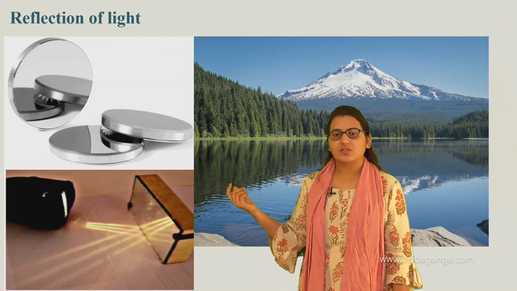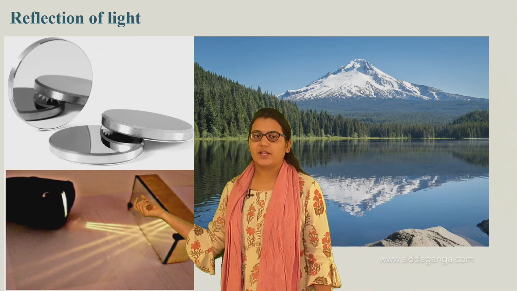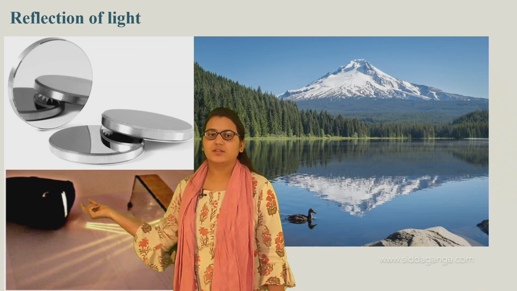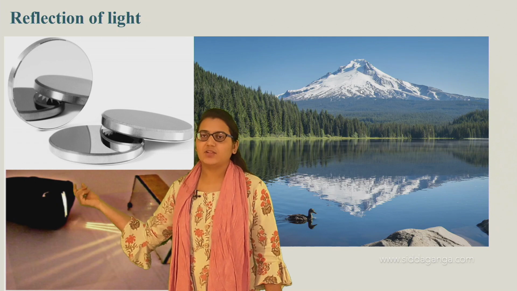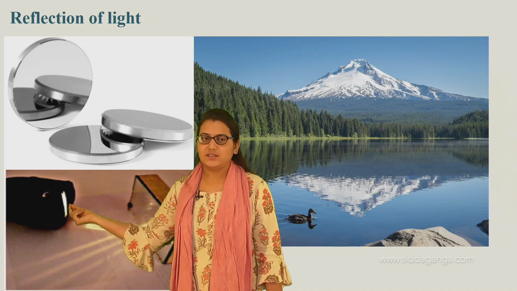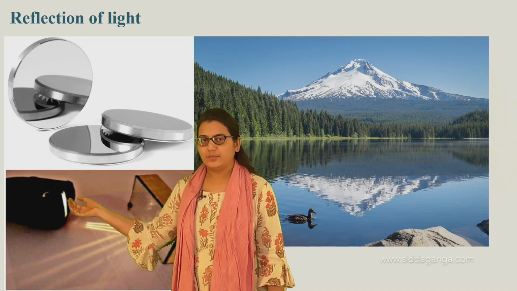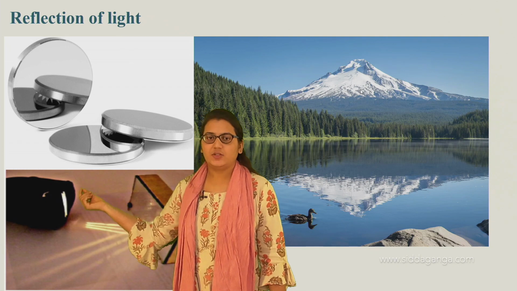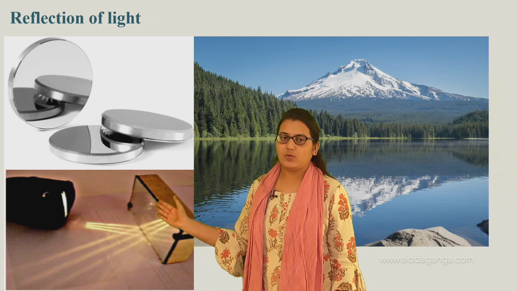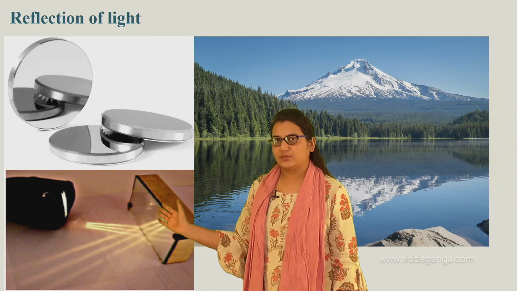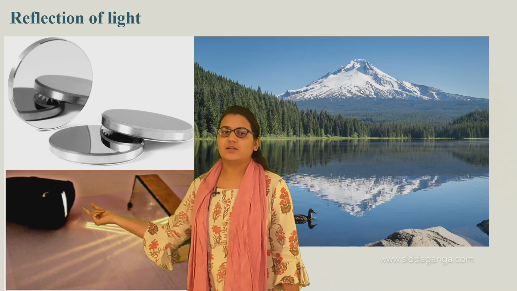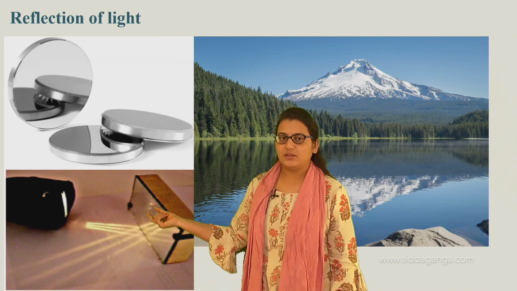Here is also an activity where we let light pass through. We have taken a torch and pasted three vertical slits to stop the light beam. If we make this torch light go along, when it falls on this plain surface, which is a cardboard with a chart paper pasted on it, onto which we have placed a mirror, and when we let this light fall on this plane mirror, what's happening here?